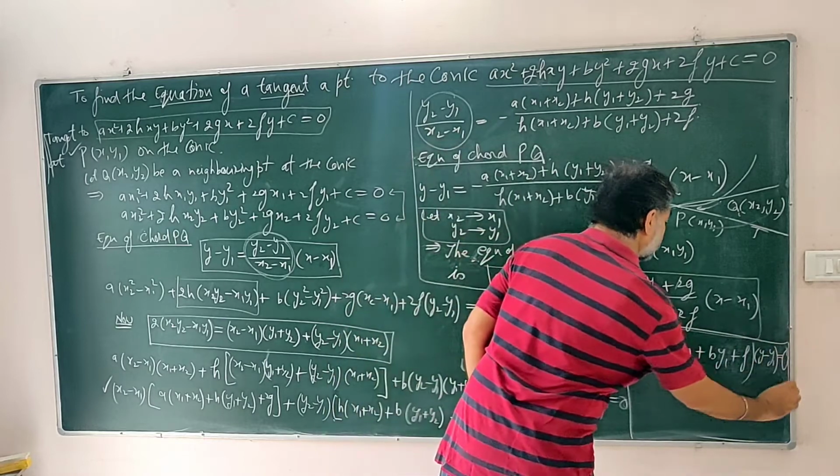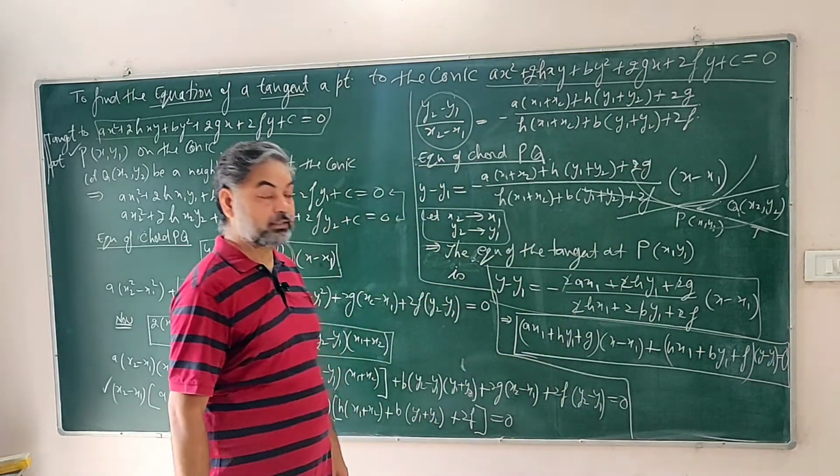So this is the equation of the tangent at the point P,